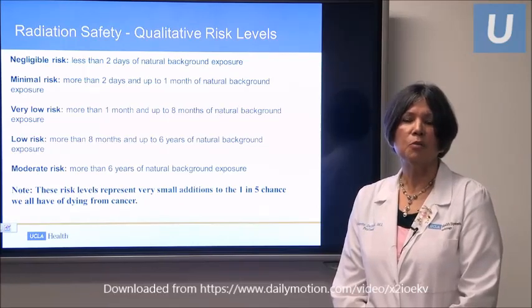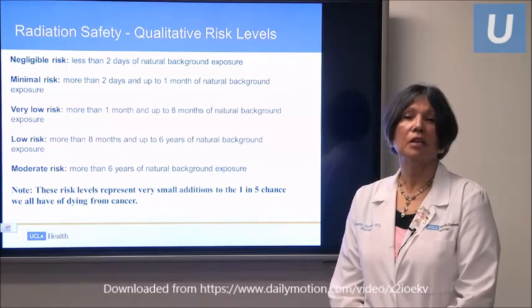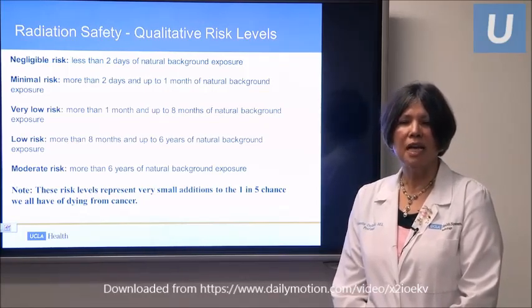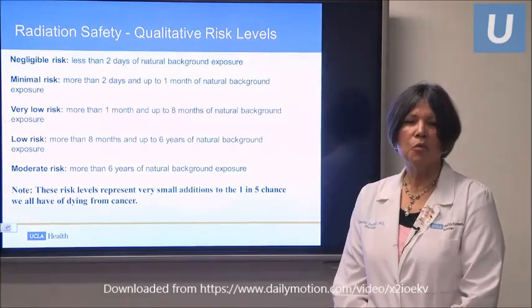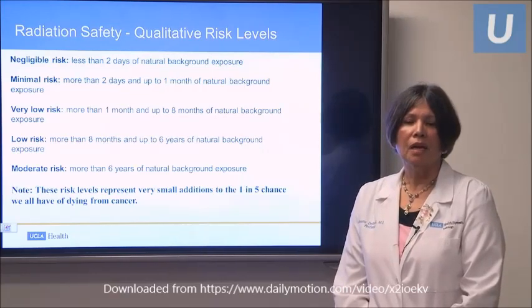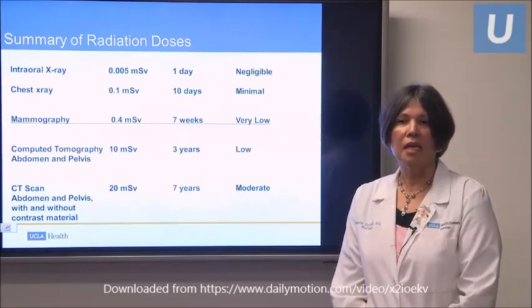Once you have been exposed, negligible means that it's 2 days of the natural background exposure. Minimal risk is more than 2 days, up to a month, and then very low risk. And as you can read on, it advances to moderate risk, which is more than 6 years of natural background exposure. Now to give you an idea of some of the radiation doses that we use in imaging,